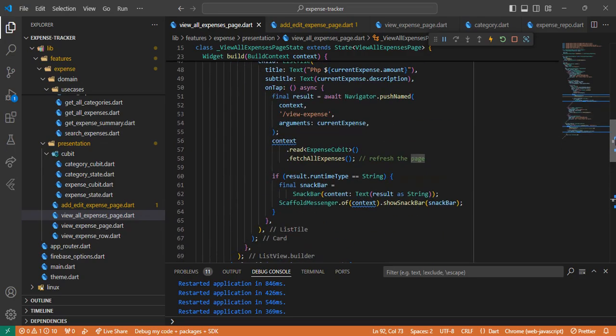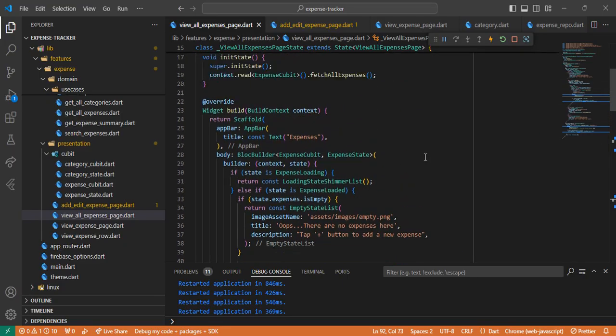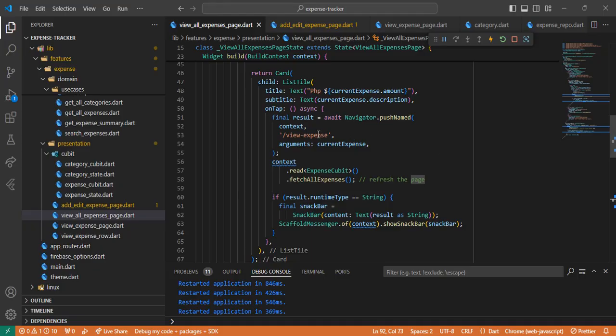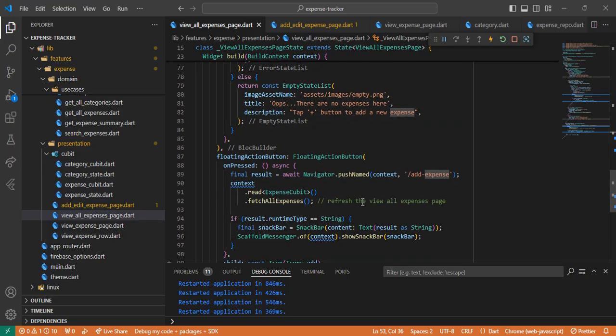Wait a moment. This is a view, and let's focus right here on the floating action button, because I did some exploring prior to this, but I will just revert this back